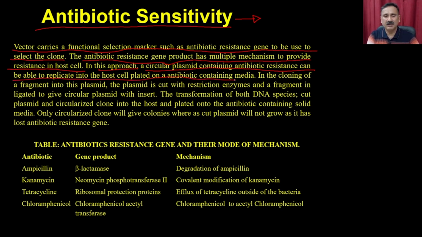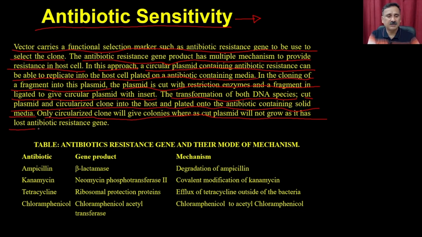onto antibiotic containing media. In the cloning, a fragment into the plasmid is cut with a restriction enzyme and a fragment is ligated to give a circular plasmid with insert. The transformation of both DNA species, cut plasmid and the circularized clone, into the host and plated onto the antibiotic containing solid media. Only the circularized clone will give colonies, whereas the cut plasmid will not grow as it has lost the antibiotic resistance genes. So this is the table that I have given, and you will see that these are the